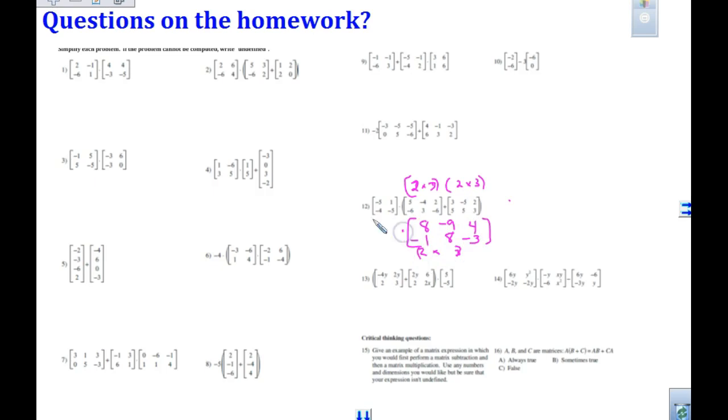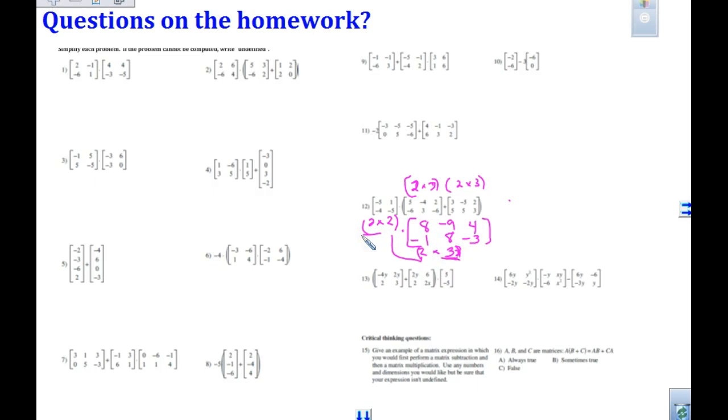I'm supposed to take that times this 2 by 2. Is that a possibility? A 2 by 3? Yeah, because these are both 2s, right? So it works, right? What's my answer going to be? My answer is going to end up being a 2 by 3, right? My answer will be a 2 by 3. So when you take that quiz on Wednesday, I will ask you if you can do it,